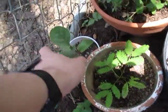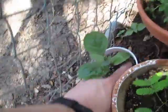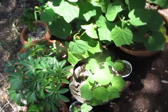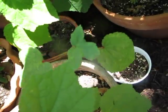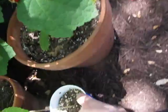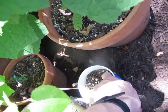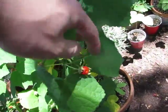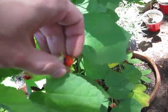Mimosa. It's got eaten up a little. Red Malabar spinach needs to be watered. There's an okra, one of the few remaining okras. I'm just checking the soil for... Oh, cool! Check this out. This Turk's cap. It's got